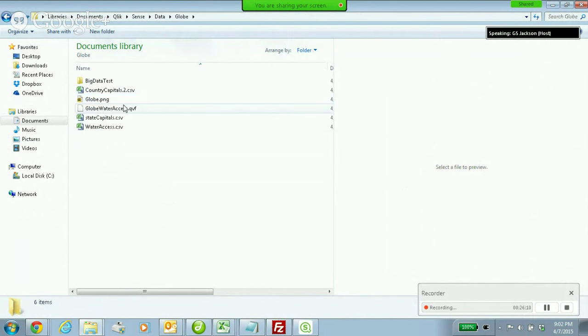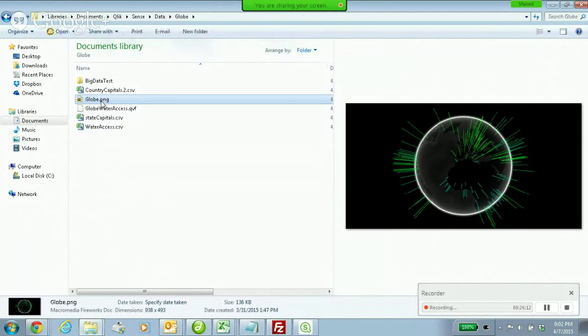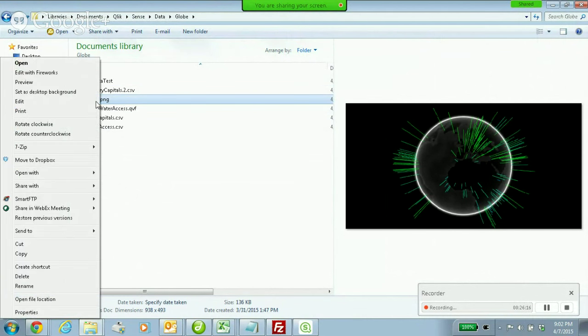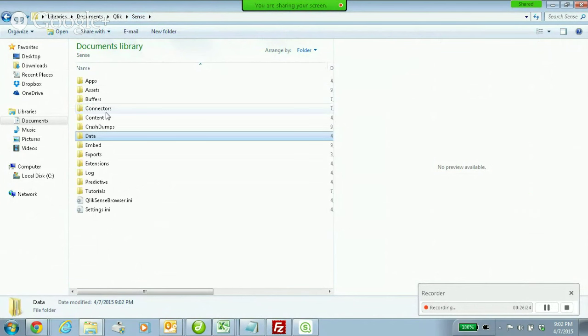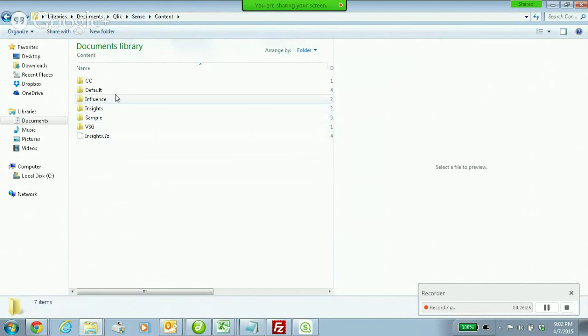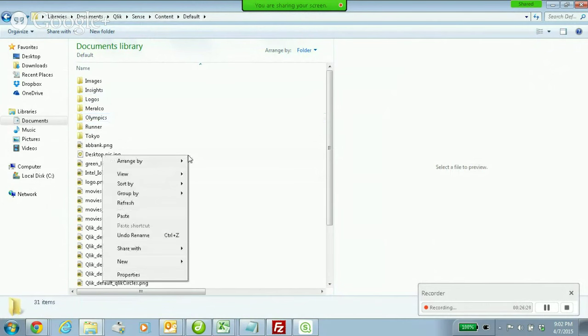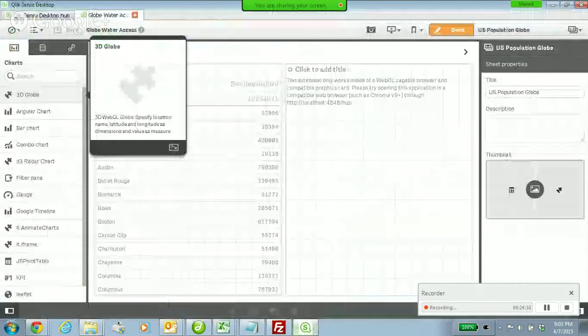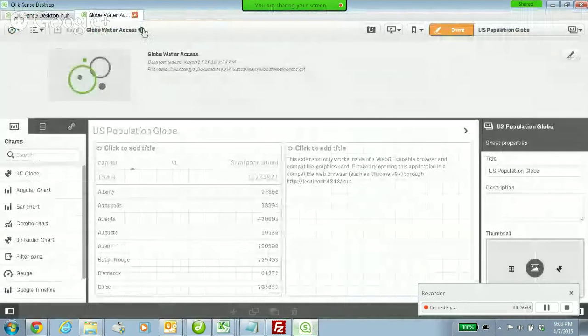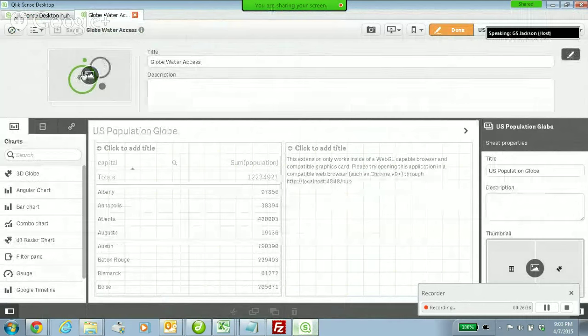So I have my globe directory with all my information there too. Okay, and this PNG file is basically content. So if I wanted to use this as my image file, I'd go into the content, go into default, and just plop this globe file in there. Now when I go into Qlik Sense and edit my Sense application,